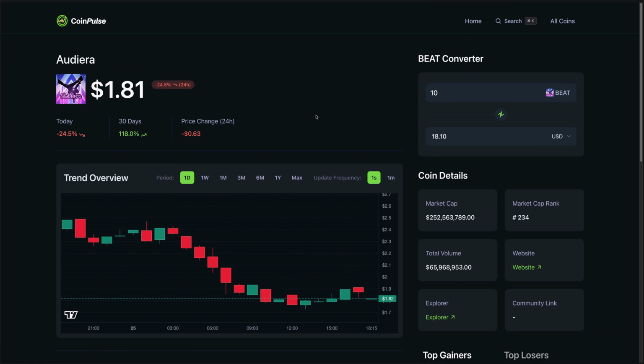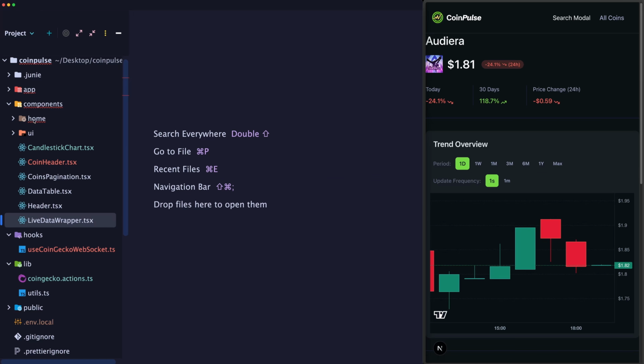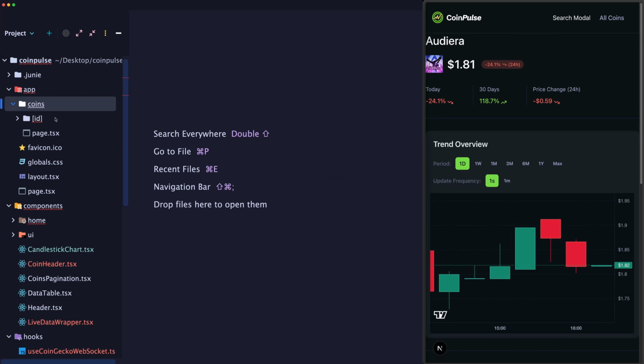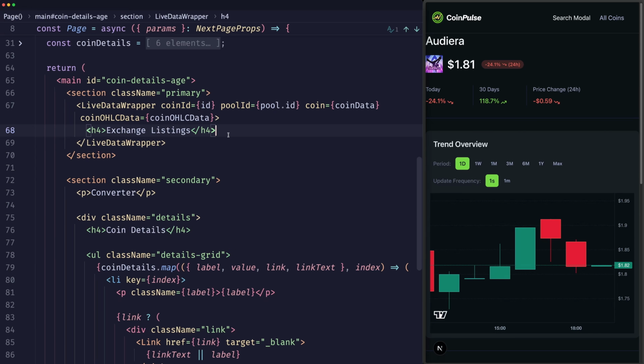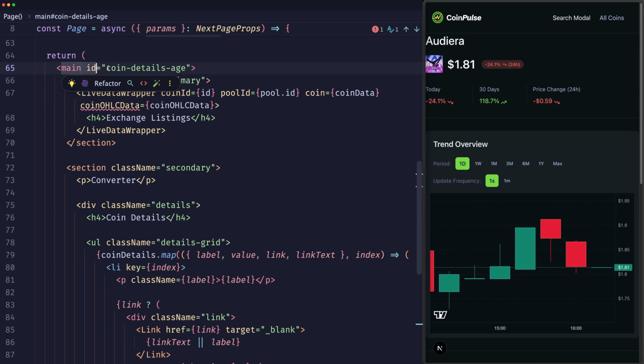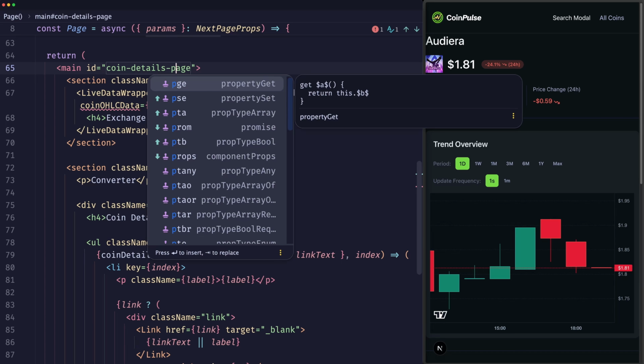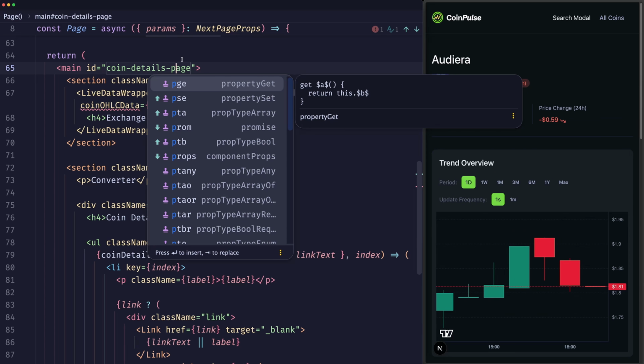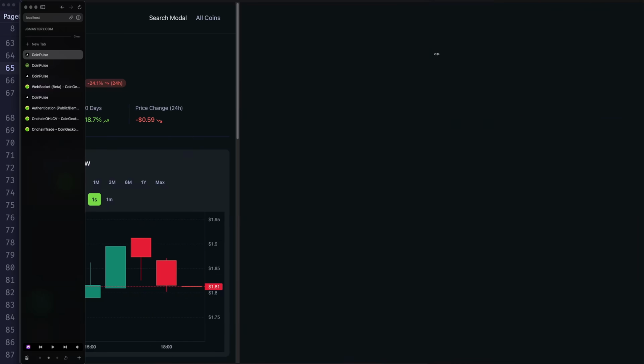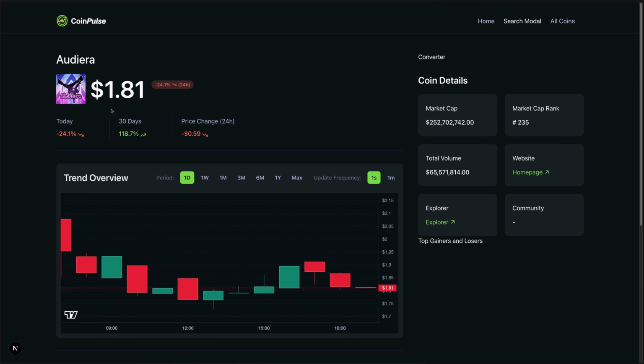So let's implement that right away by heading over into our app, coins ID page right here. First, I have this main with a coin details age. Hopefully you notice this mistake and you have page right here, because when you apply the page, that'll actually apply all the additional padding on the side. And now you'll be able to see that we have the nice coin overview, and also on the right side, the coin details now show up nicely,